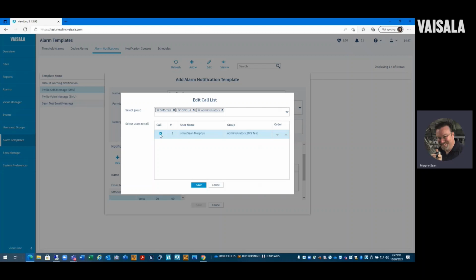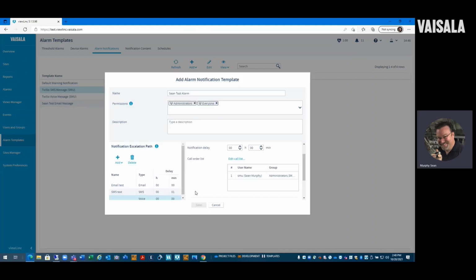So what this does is it calls user number 1, makes a telephone call to them. If they acknowledge, it'll stop the propagation to the next person, depending on the settings in here, whether it continues the call tree or not. So this sets the order of priority of the phone calls. The calls are only a few seconds long, so probably within a minute and a half, it's called everybody on the list. So over here, I'm going to click save.